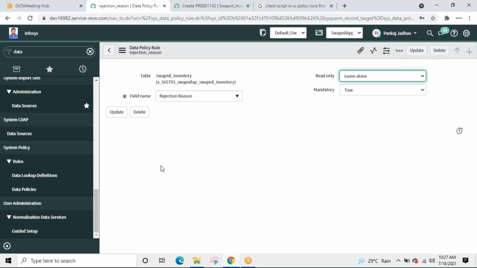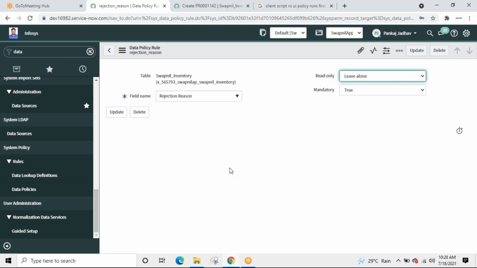Simple. Okay. So this is something you can try. I already showed you one example where we push data from table A to table B. We already wrote the code. The only thing you have to do is create a data policy on table B, and then while pushing, you have to check if so and so. You can make your own scenario over here. If this is that, we need to keep this field as mandatory, like that. Okay. So now UI policy, data policy.